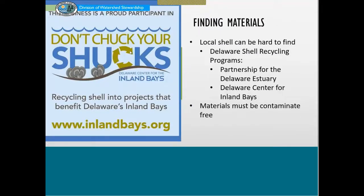And then finding materials. So there are some materials that are harder to find than others. Oyster shell can be one of them, more specifically local oyster shell. You want it local because you don't want to introduce bacteria or other organisms that aren't native to your habitat. In Delaware, there are two recycling shell programs. One is from the Partnership for the Delaware Estuary in northern Delaware, and then the Delaware Center for the Inland Bays is in southern Delaware. And they both take shells from local restaurants. I believe PDE takes them from individuals too,